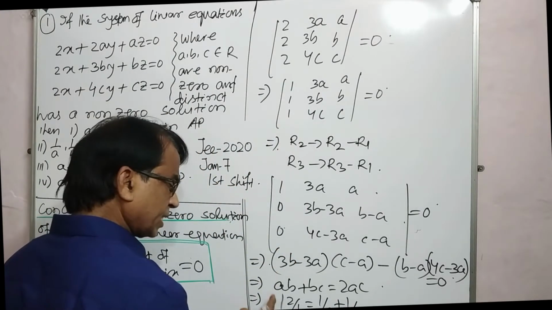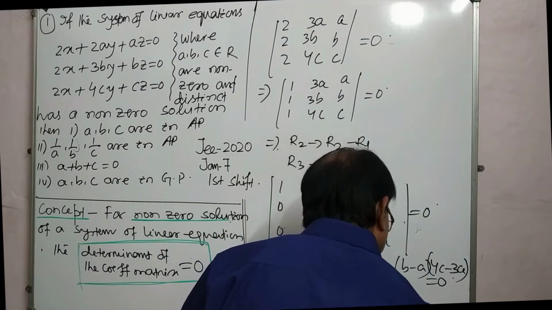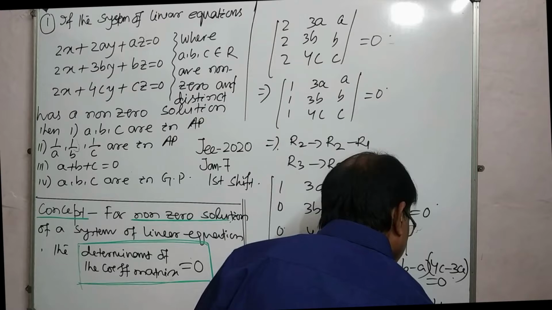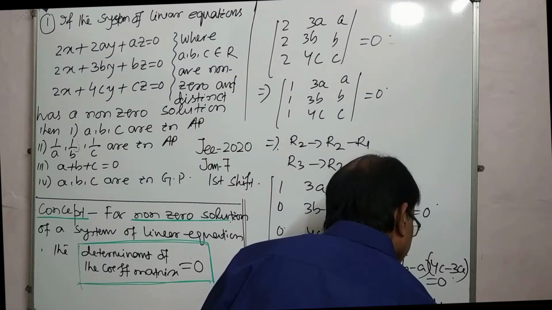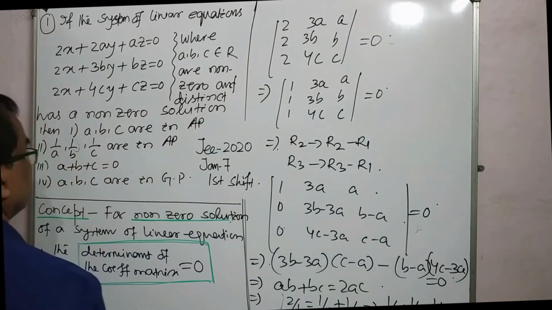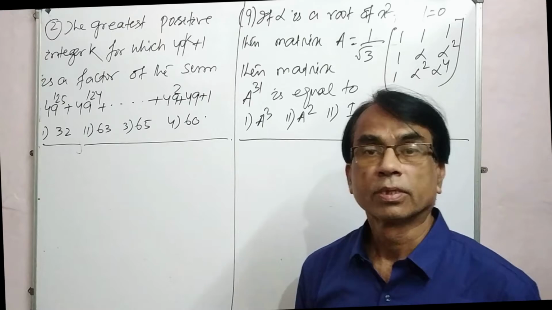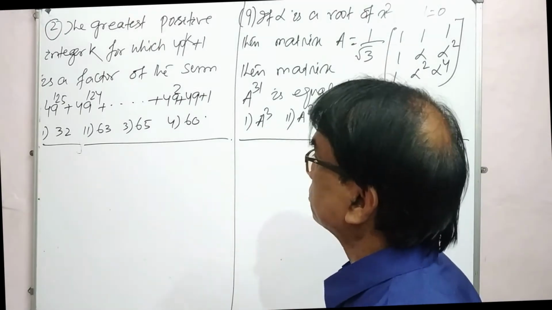now look at here, this expression shows that 1 by a, 1 by b, 1 by c are in AP. The second option is correct. Now coming to the second problem,